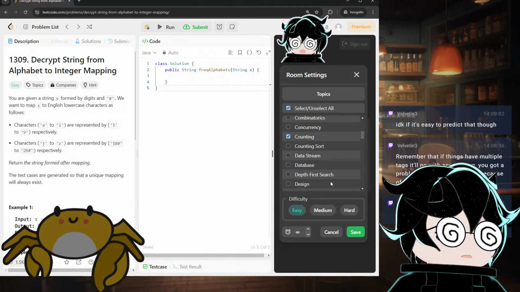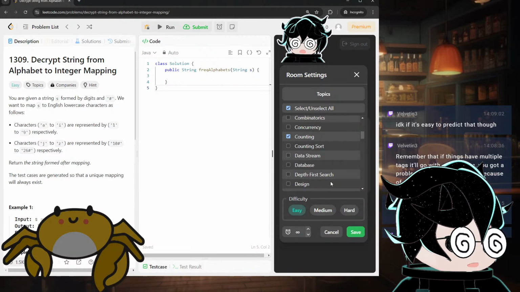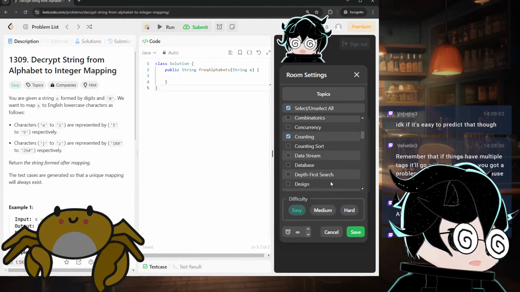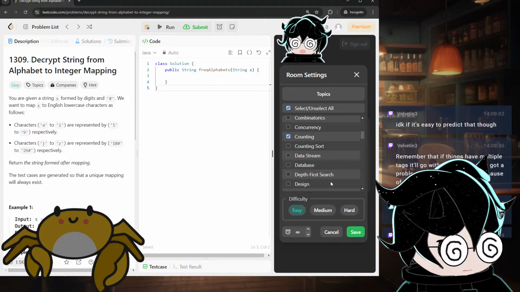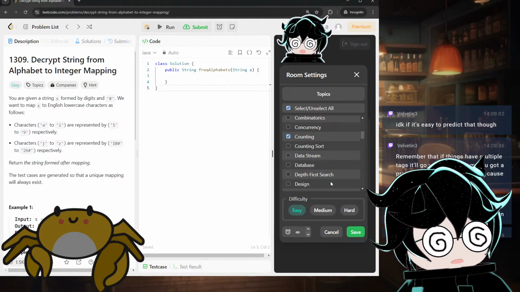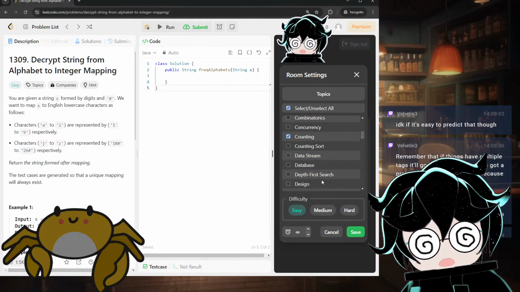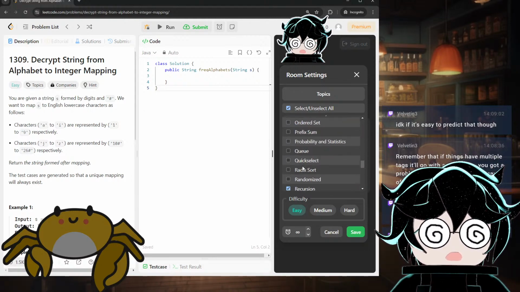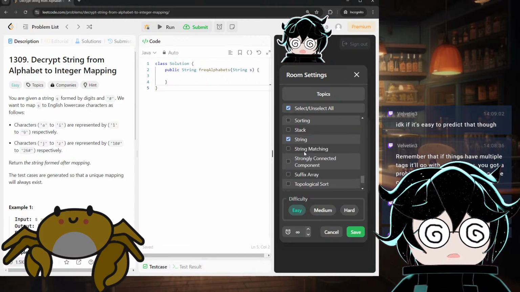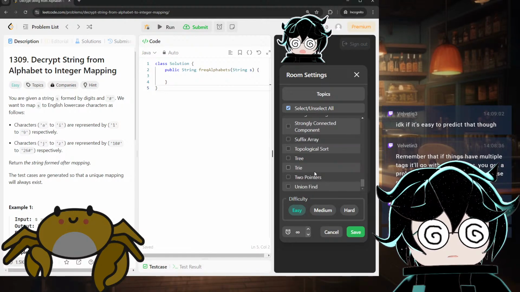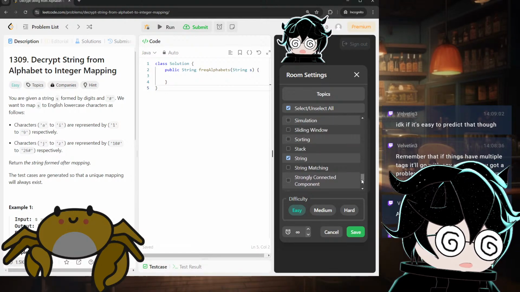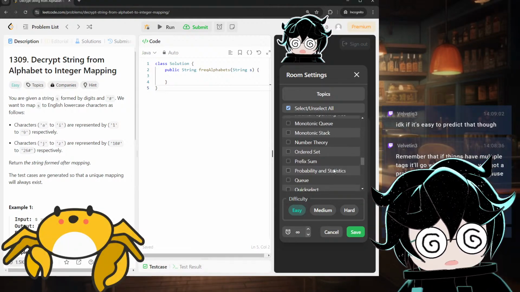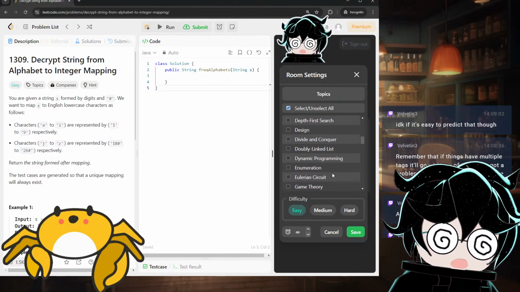I'm trying to think. Someone says, remember that if things have multiple tags, it'll go with any of them. You got a problem with bits with three. Oh, that's true. How many bit problems would overlap with arrays though? Counting, math and strings, recursion and strings. I'm gonna bet that not many. Okay, did you see any other concepts that you're familiar with? No. Okay. Counting is as far as I go, honestly.